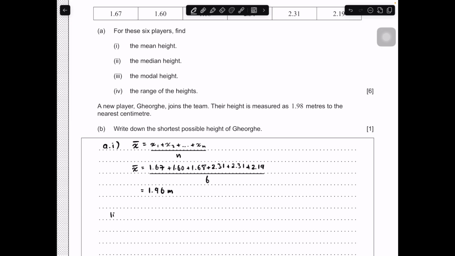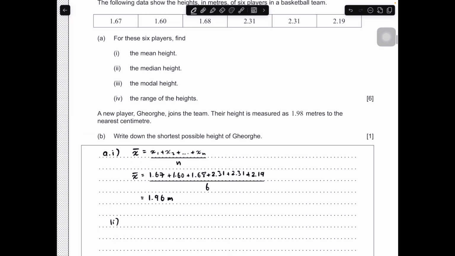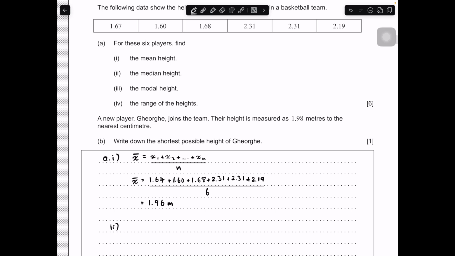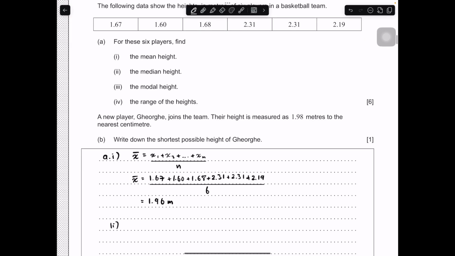The median height, this is part 2. The median height I think is arguably maybe a little more challenging. Remember, the median is the middle value, and since we have 6 values here, that might get a little more complicated potentially. So if we want to find the median, remember we can't actually do this with our calculator, but if we wanted to do this by hand, we could